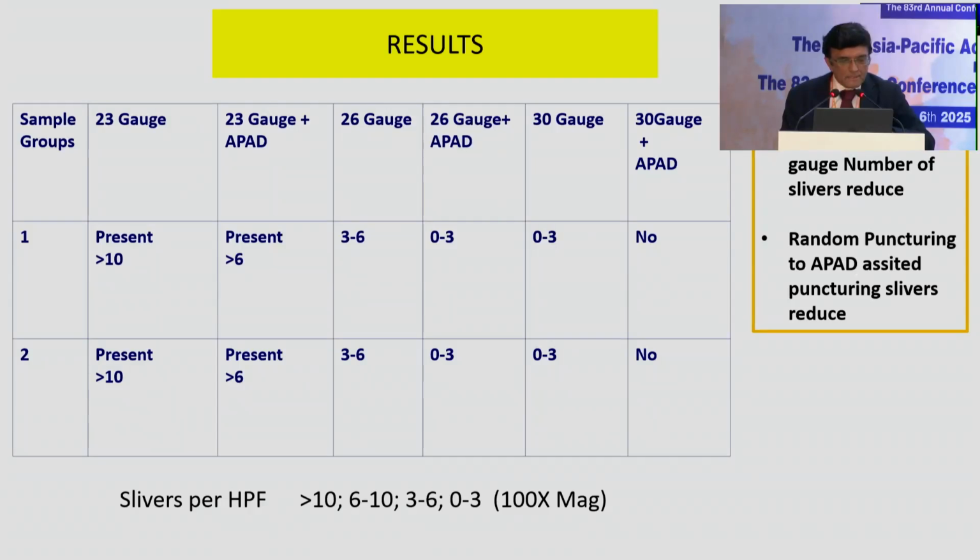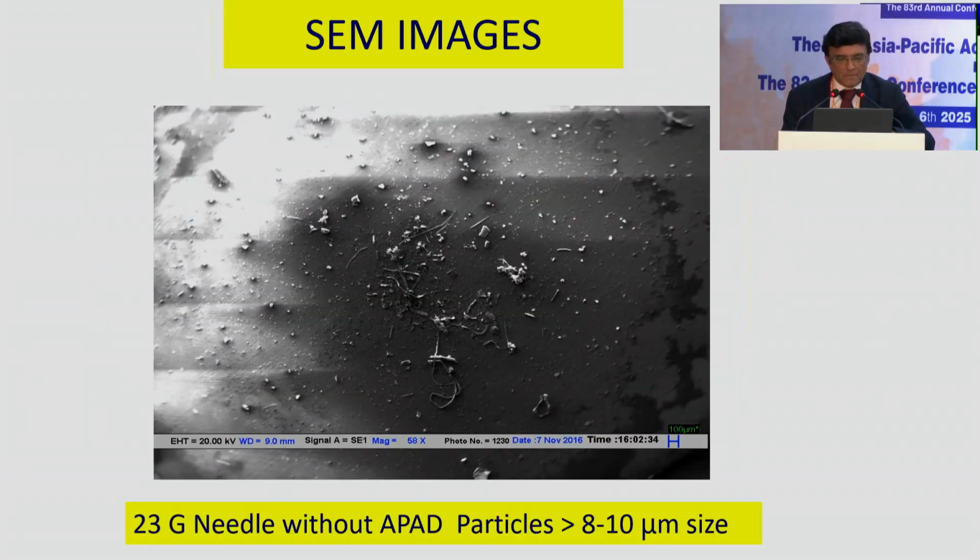This is the table which shows 23 gauge needle without a pad, 23 gauge needle with a pad, 26 gauge needle with and without a pad, and similarly 30 gauge needle with or without a pad. You will see that with the last table, the 30 gauge needle with a pad, there were no particles seen, not even less than 2 microns in size. So this clearly shows that if you use a pad with a 30 gauge needle,